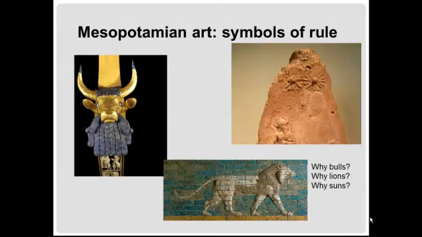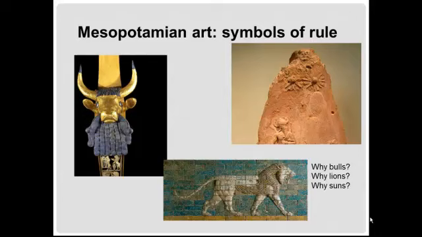You don't really have to keep all of that straight, but you should have in mind which artifacts are associated with Sumerians, Akkadians, Babylonians, and Assyrians. Before I get into that panoply of civilizations, let me review something I talked about in my last lecture, which is iconography, or the use of symbols to convey certain ideas.